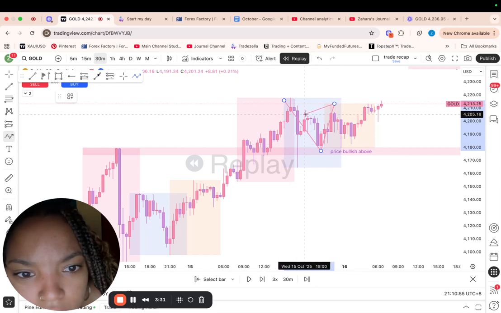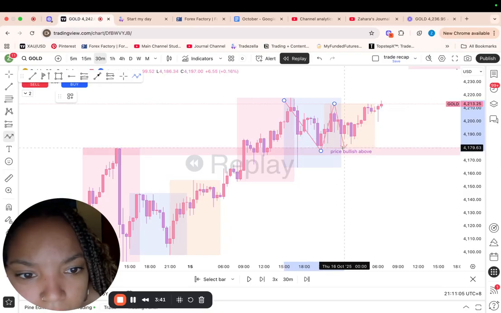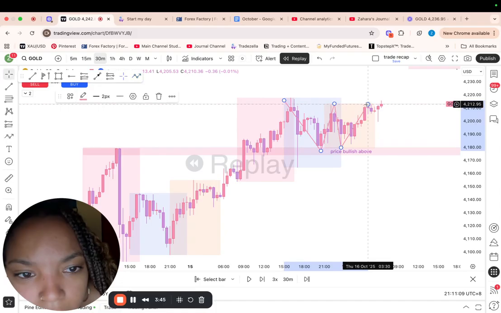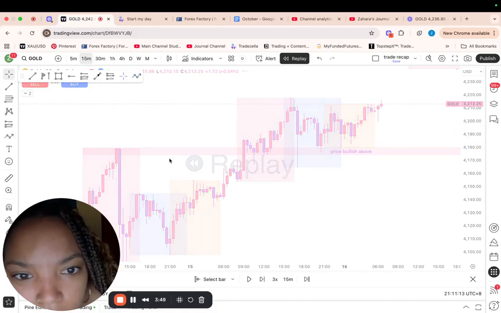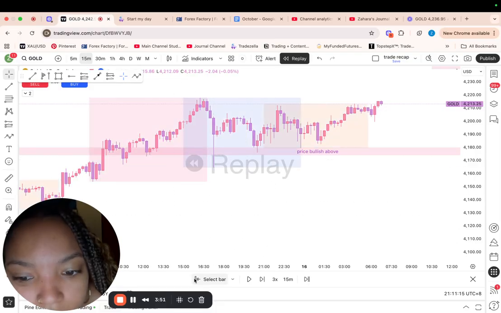But you can see that price got pretty choppy because it broke a high. Actually, no, it just made a new swing high. So it just broke a high, so it was saying that price was going bullish, and then it made a higher low, and it pushed up and made another high. So, I mean, we'll just scale it again so you can see more of why I didn't take an entry.